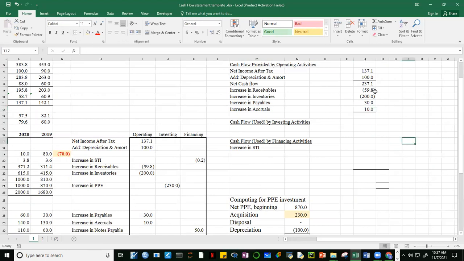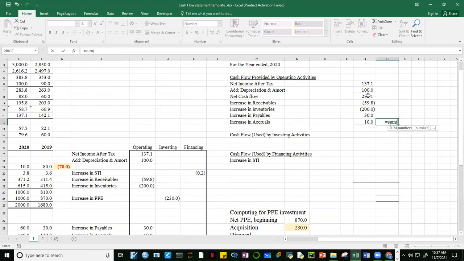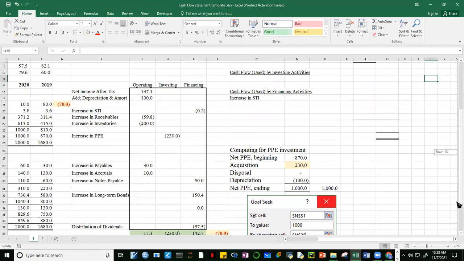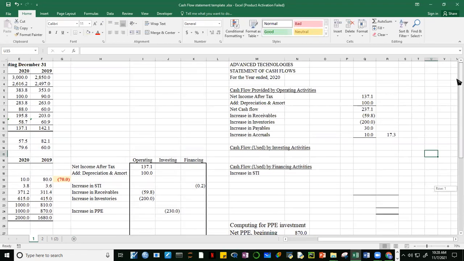Okay, so these were the changes as far as the operating activities is concerned. Okay, and then we sum this up. It's equal to sum of these items here, and we have now 17.3. Okay, we can put this here,